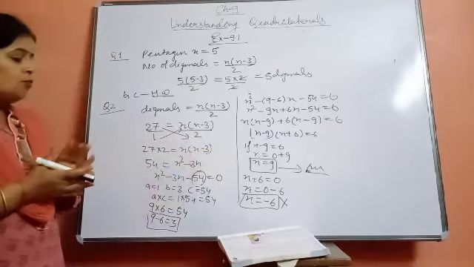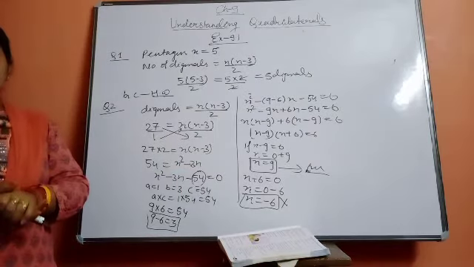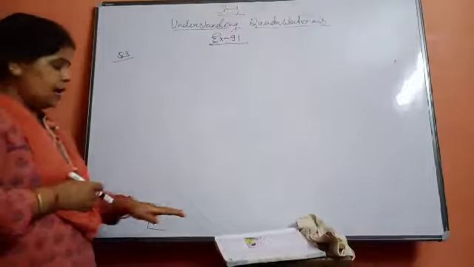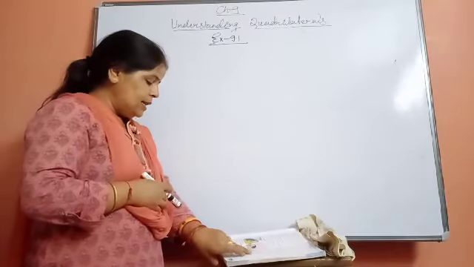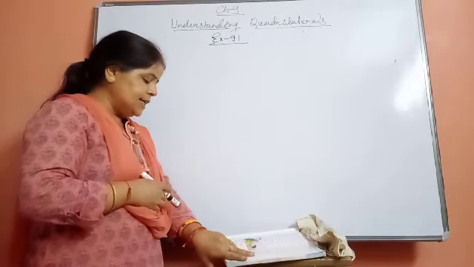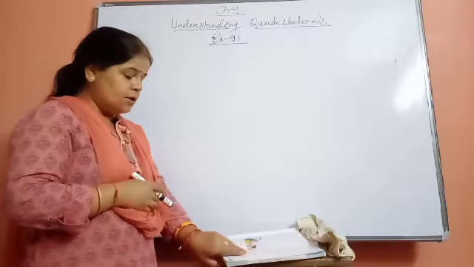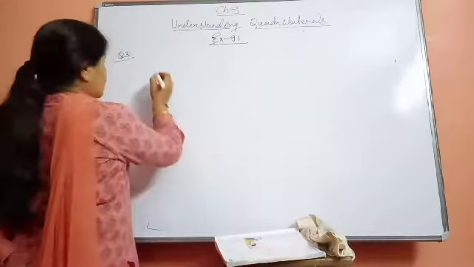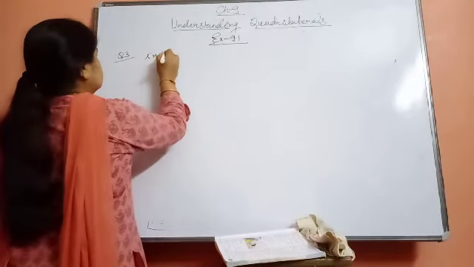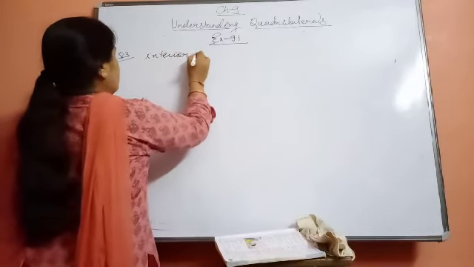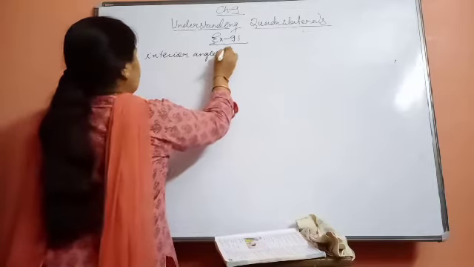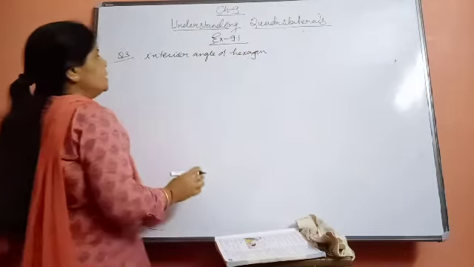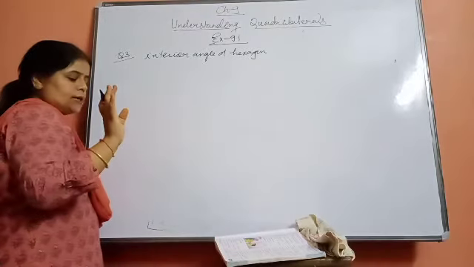Okay, now we are coming to question number 3, beta. Now see, what is the next question? Find the measure of the interior angle of a regular hexagon. Okay, which angle do you have to find? The interior angle of the hexagon. Hexagon means regular hexagon, he says. Regular means in which all sides are equal.